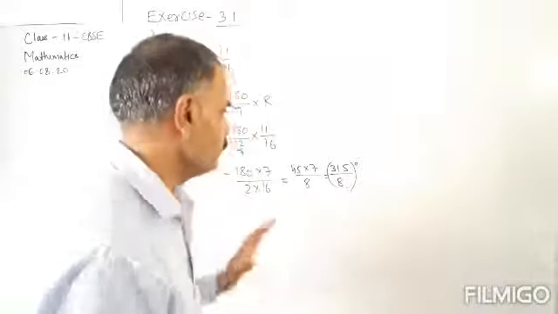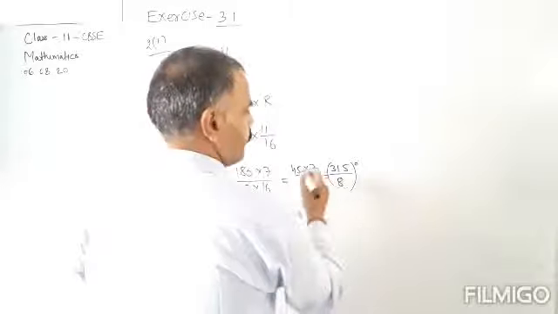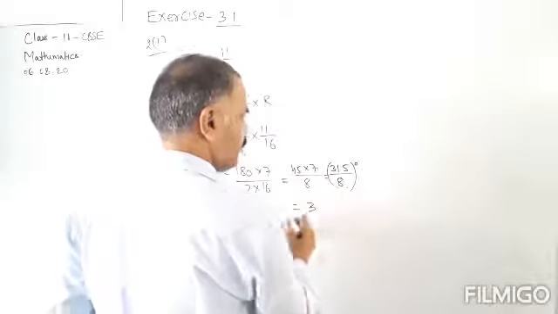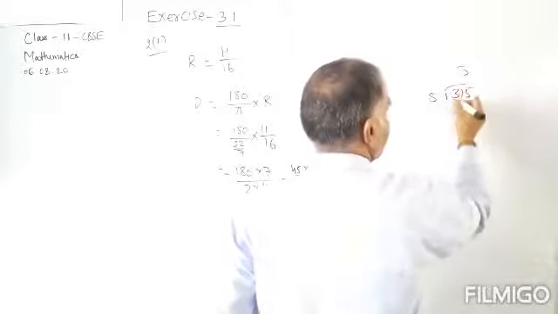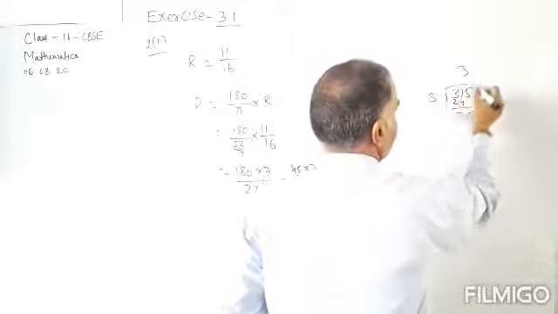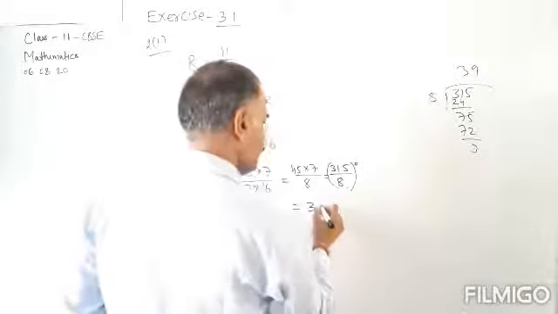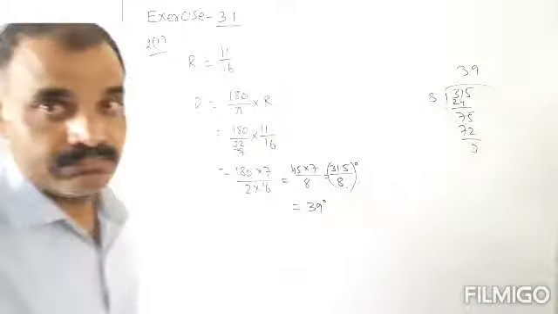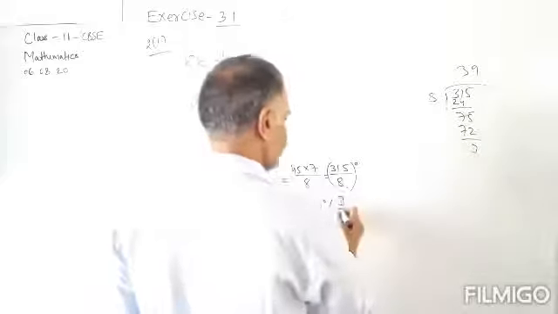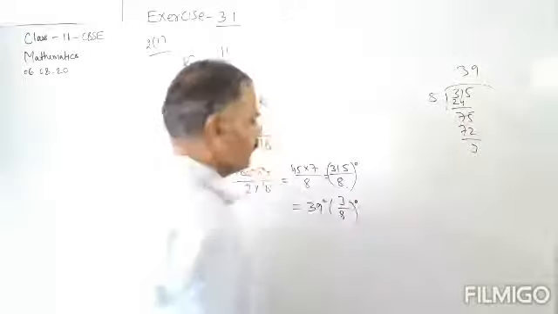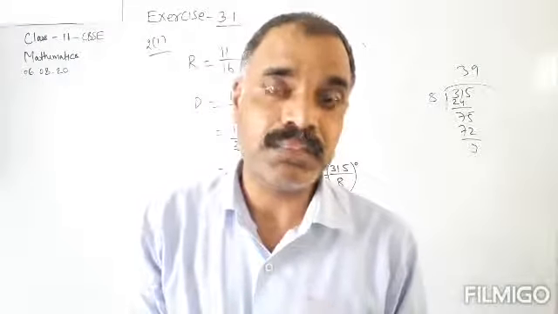So dividing 315 by 8: 8 threes are 24, 7 fives, 8 nines are 72, remainder 3. So 39 degree is the complete degree, and 3 by 8 is the fractional part of the degree. Now this fractional part can be converted